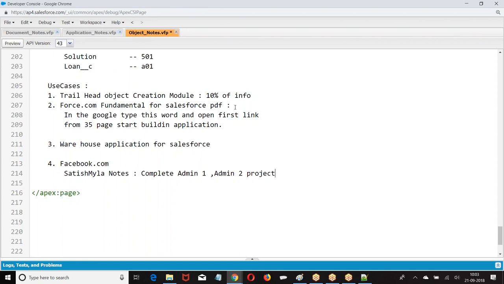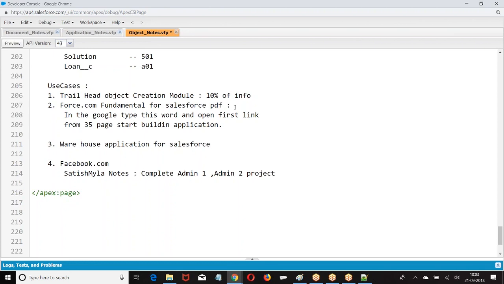Trailhead is a Salesforce platform. They give a few exercises and some theoretical information. At the fresher level, you may get around 30 to 40% of the information. But when you are experienced, you hardly get 10% as per your real-time knowledge. For a fresher, who requires only what is what, up to 50% of the content you get in administration. In development it's zero, but in administration, around 50% of the knowledge you can gain. If you're experienced, maybe 10 to 15%, because they don't show where we can use it. They only give what is what.